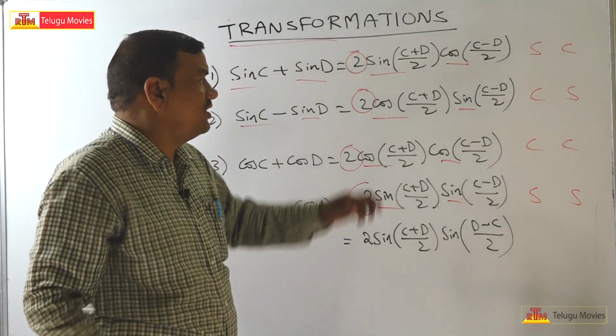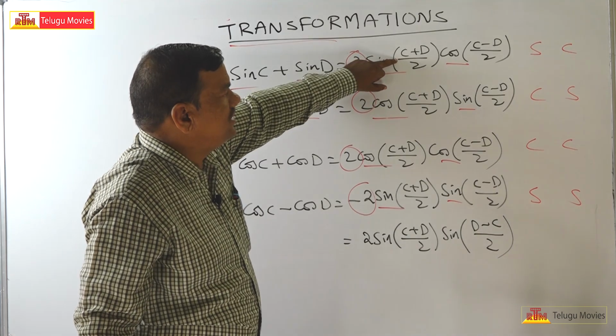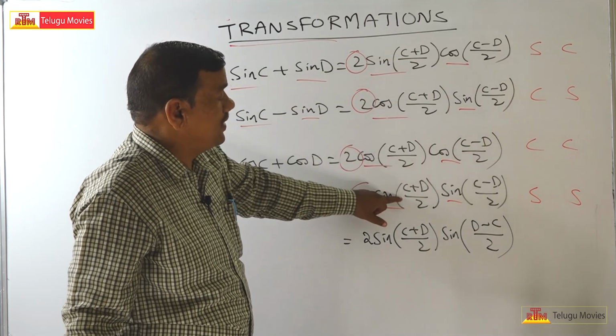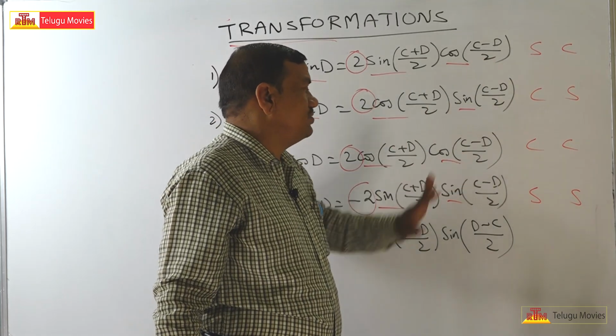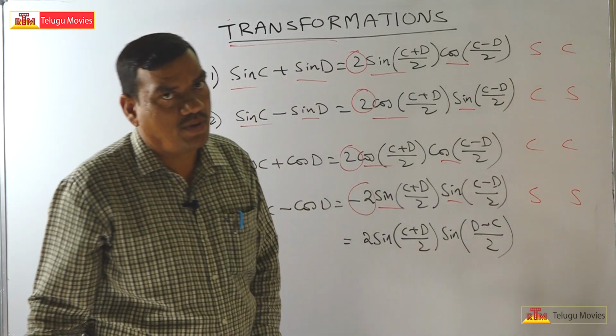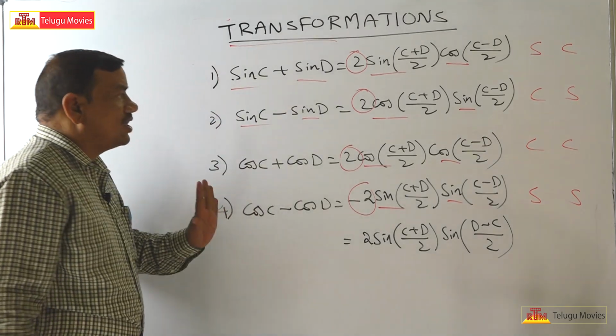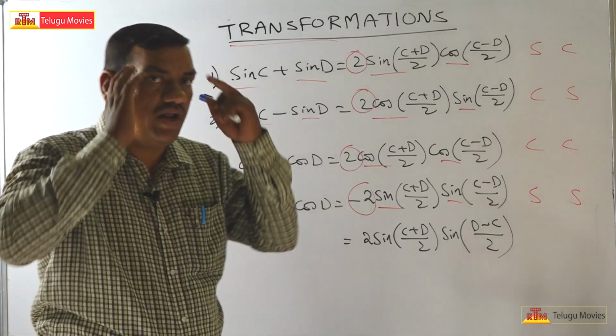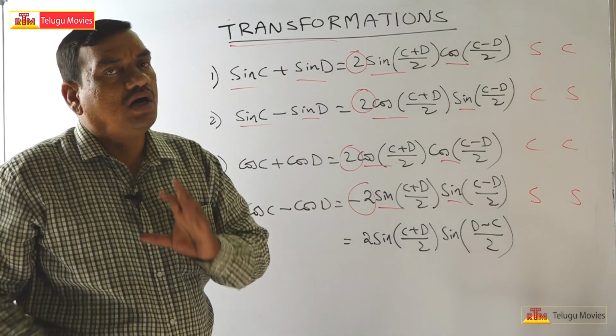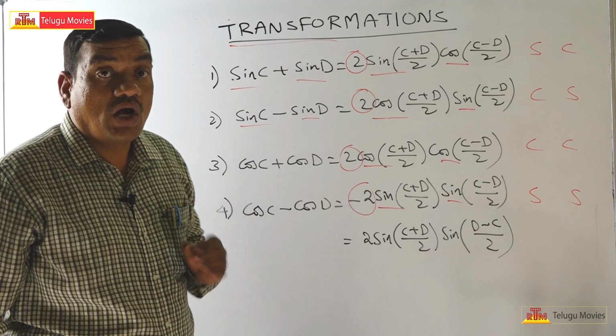Next, these are all the same: C plus D upon 2 in the first factor, and C minus D upon 2 in the second factor. That is fixed here. This order is also maintained. So the total setup you should keep in your mind so that you won't confuse the